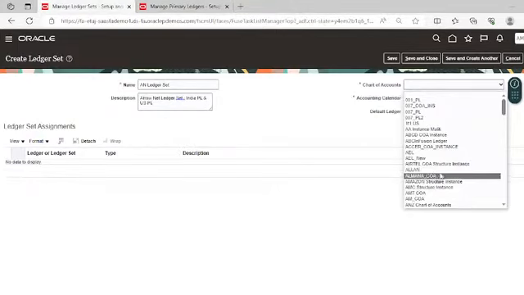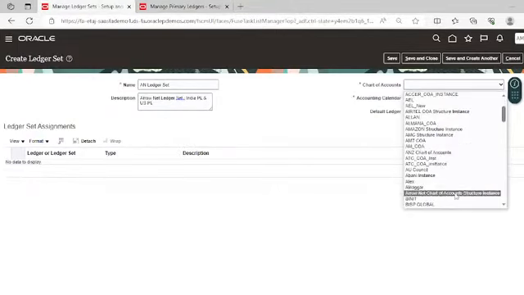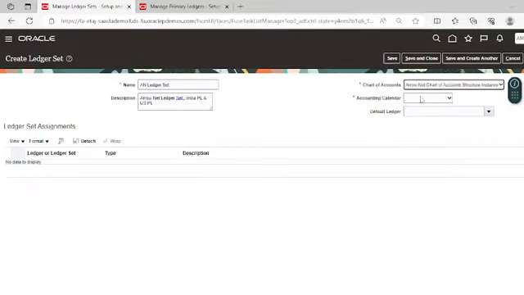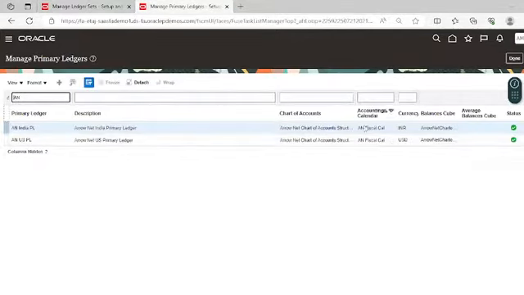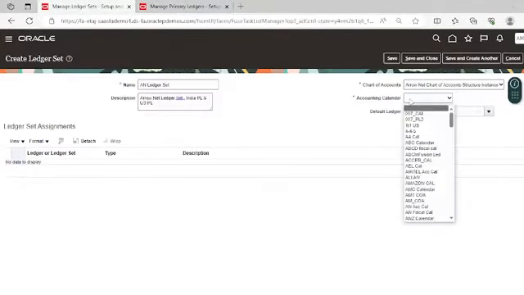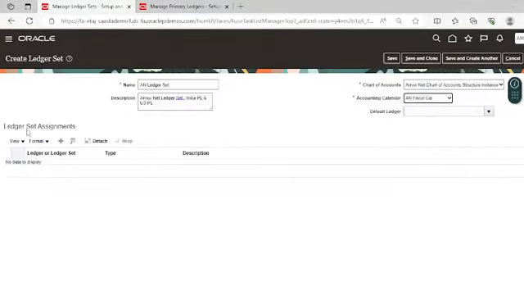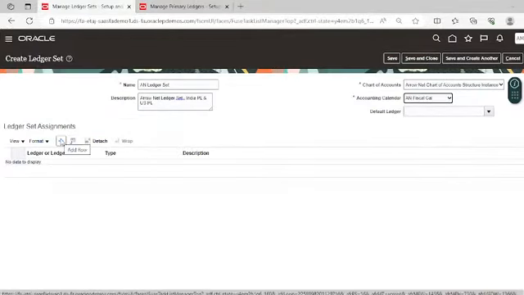Select the chart of accounts here and then select the accounting calendar. So they are sharing the AN fiscal calendar. Select that calendar here. And in the ledger set assignment you have to select the ledgers that you need to group into this ledger set.